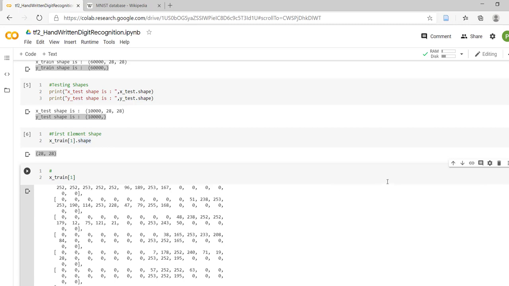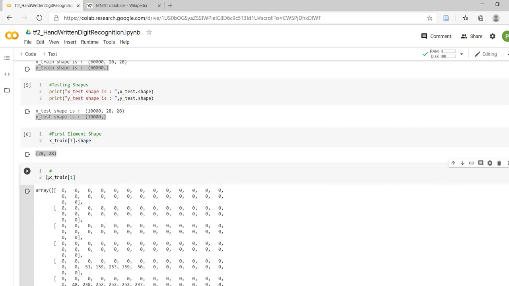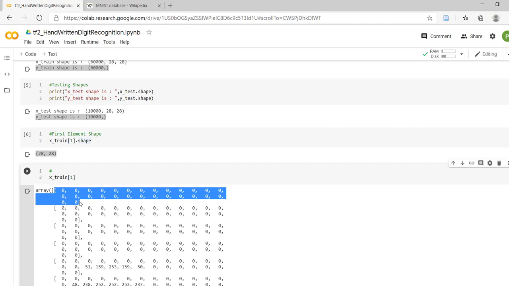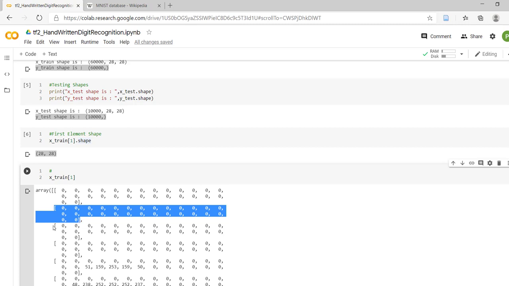Basically x_train[0] is a numpy array where we have 28 rows, and every row includes 28 columns. So this is the first row, and 13 plus 13 plus 2, 28 columns are there. Likewise, we have 28 rows.